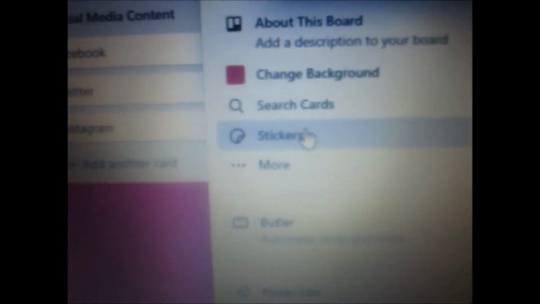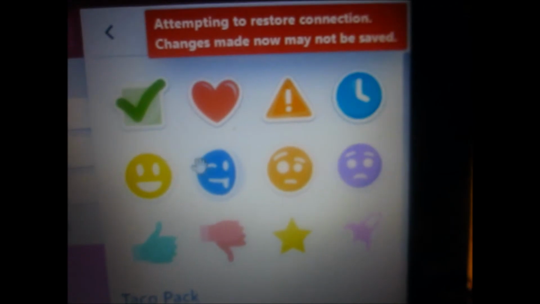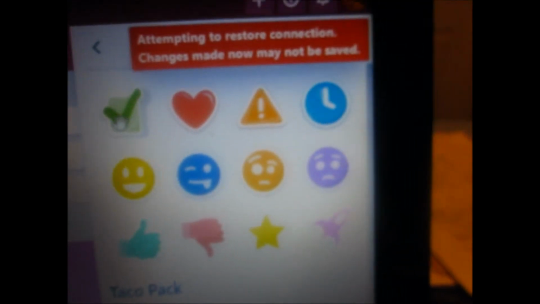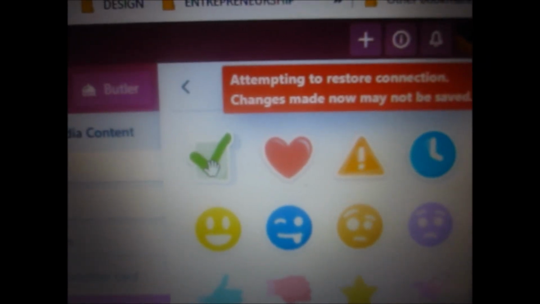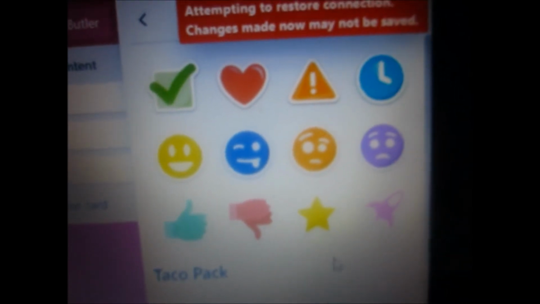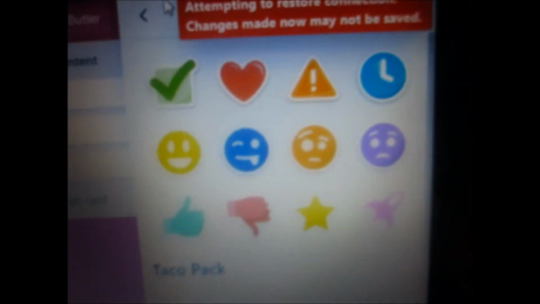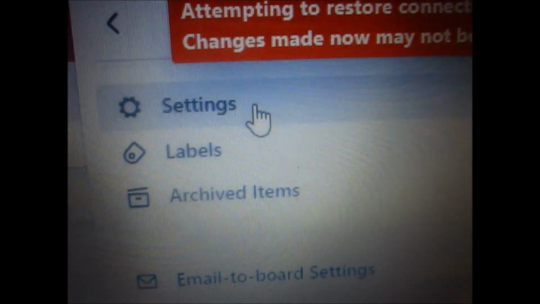Hopefully it's... And there's stickers here. So if you wanted to, like, just drop that in, like a job well done to the team, you can add a sticker, you can add different emojis here, and there's more here. So this is where you have your settings,